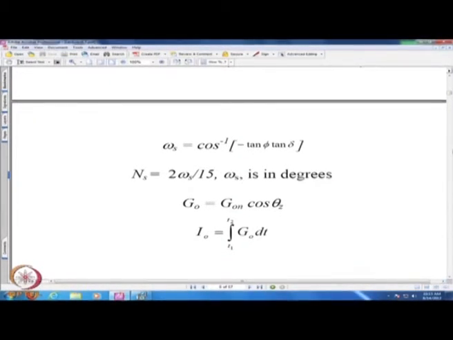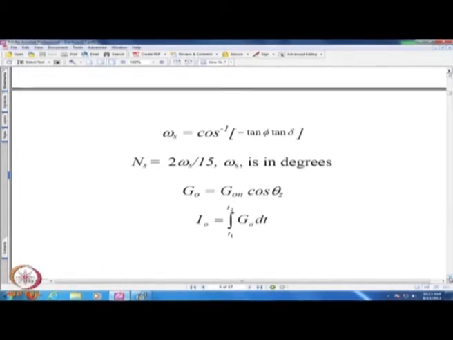And then from the G O n, that is the plane being normal to the sun's rays, we calculate the horizontal radiation under extraterrestrial condition, which is nothing but, geometrically, G O n times cosine of theta z.